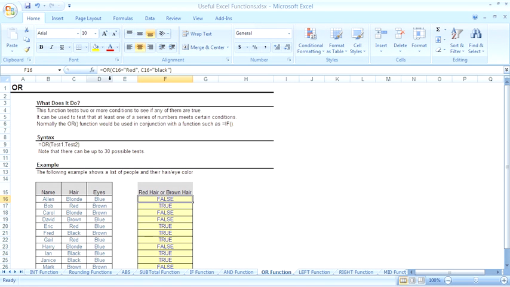So we are testing here whether that person has red hair or brown hair. And as you can see in this formula bar, we're passing both tests to the OR function, test 1 and test 2. And again, the OR function can be used exactly like the AND function in that it can be nested inside of the if function,